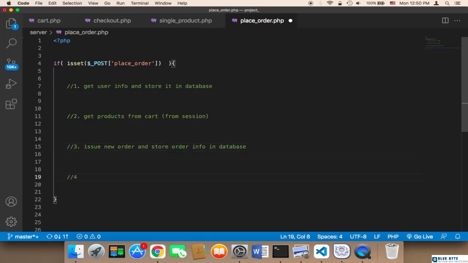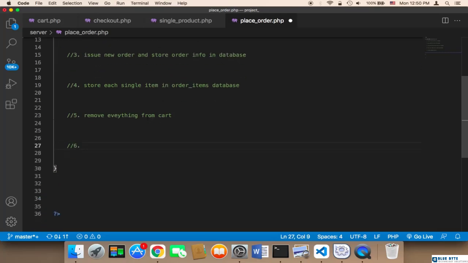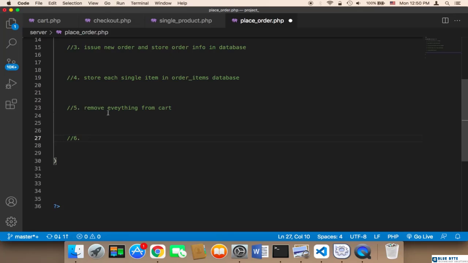First I need to say here: issue new order and store order info in database. And finally, store each single item in the order items database. And the last step is to remove everything from the cart. Actually this is the fifth step, and the sixth step is to inform the user